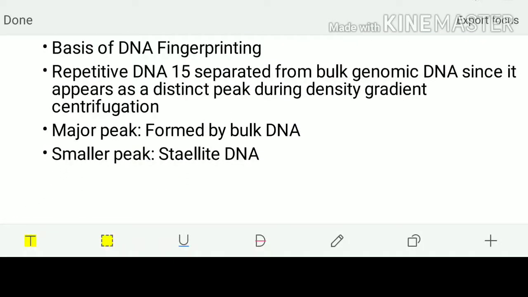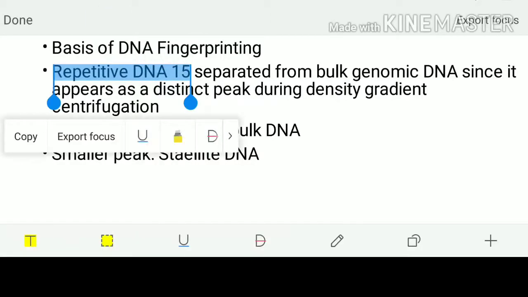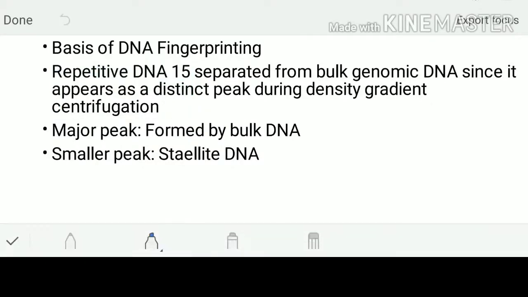Here, the basis of DNA fingerprinting is that the repetitive DNA is separated from the bulk genomic DNA because it appears as a distinct peak during density gradient centrifugation. So basically you will have two different peaks: the major peak formed by the bulk DNA and the smaller peak formed by the satellite DNA. Hopefully you remember the satellite DNA which we explained already in the chromosomal basis of inheritance,